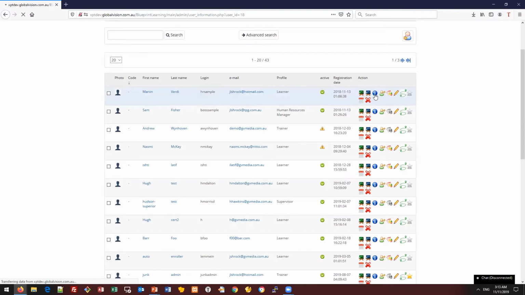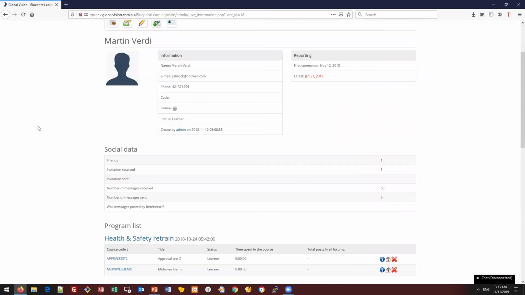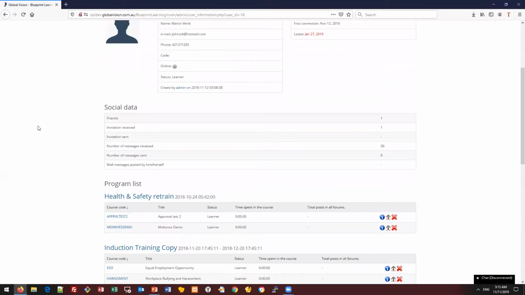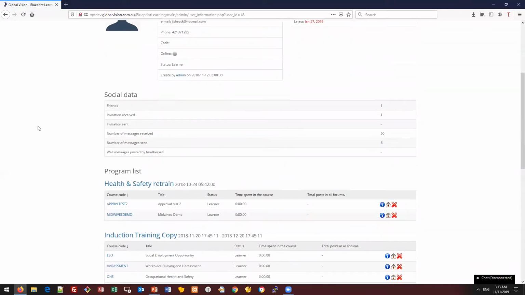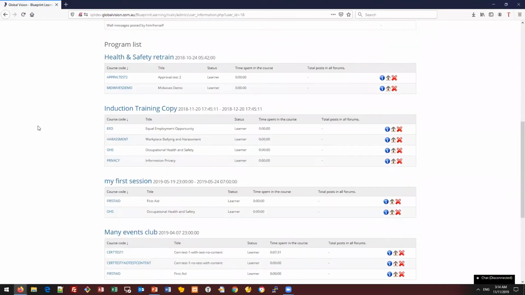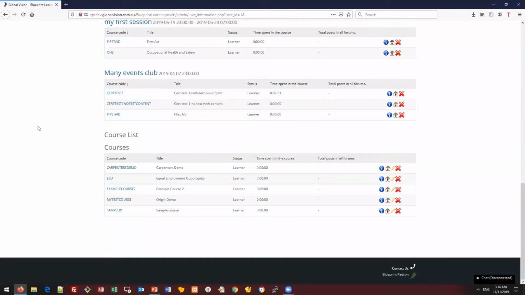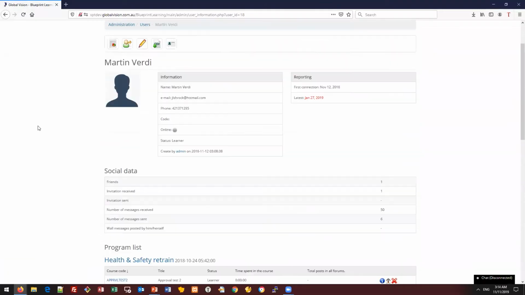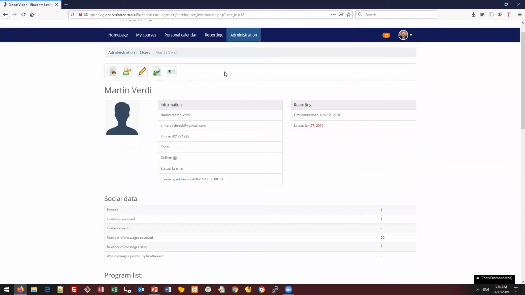If we click on it, you will see the details of Martin over here. His user details, social data, the programs he's enrolled in, and the courses he's enrolled in as well. As well as you can see over here, a few top menu items that allow me to report on Martin, log in as Martin to see his profile, edit his details, download his information as a CSV, and also publish his user information as a vCard. Going back to the users list again,